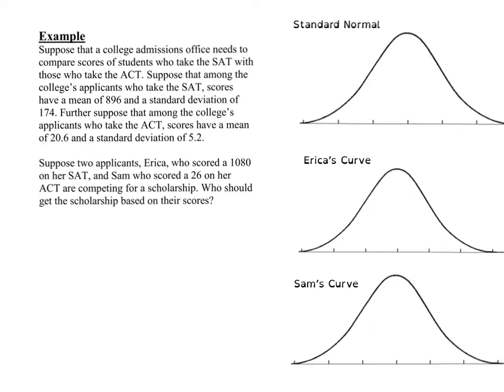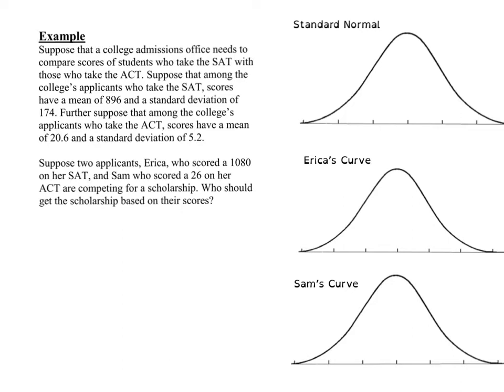So for this example, I'm going to walk you through the steps of using a z-score. And again, remember that a z-score measures the number of standard deviations away from the mean that a value lies. Well, here we're going to use a z-score to compare two different distributions. And here's why. In this particular problem, if you read it, it talks about two applicants taking a test